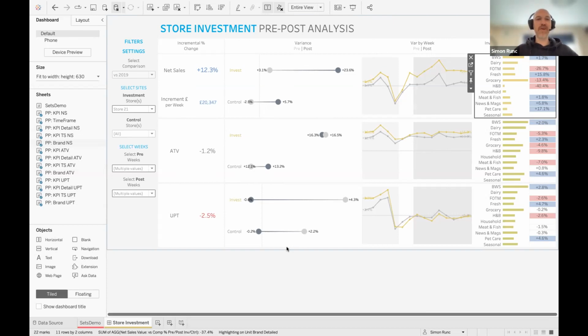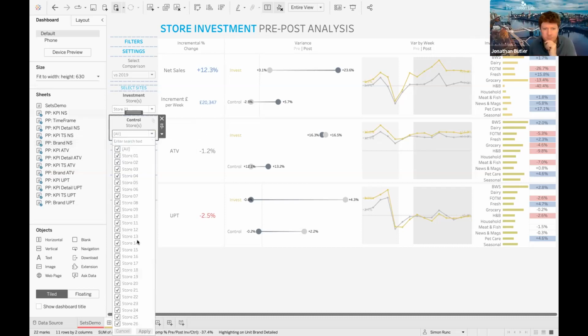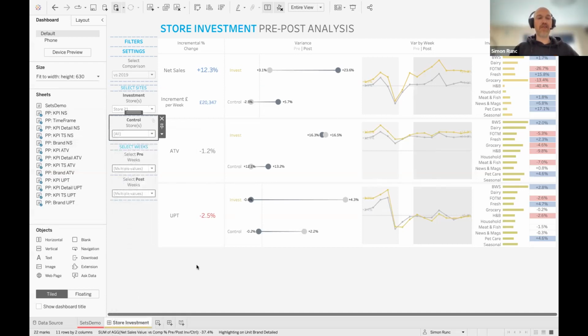It's a great question. In terms of the second part of that question, the order of the if statement is really important, because once an if statement has been satisfied, it exits out. So if you're in the investment store group, then you're in investment stores. Else, if you're in the control stores, you're in the control stores. It means that you can't be in both groups, so the one you pick in the investment store automatically takes preference. Even though store 21 is still in this list here, it doesn't go into the control stores. In terms of the controls of overlapping dates, I'm kind of relying on my end users to have a little bit of